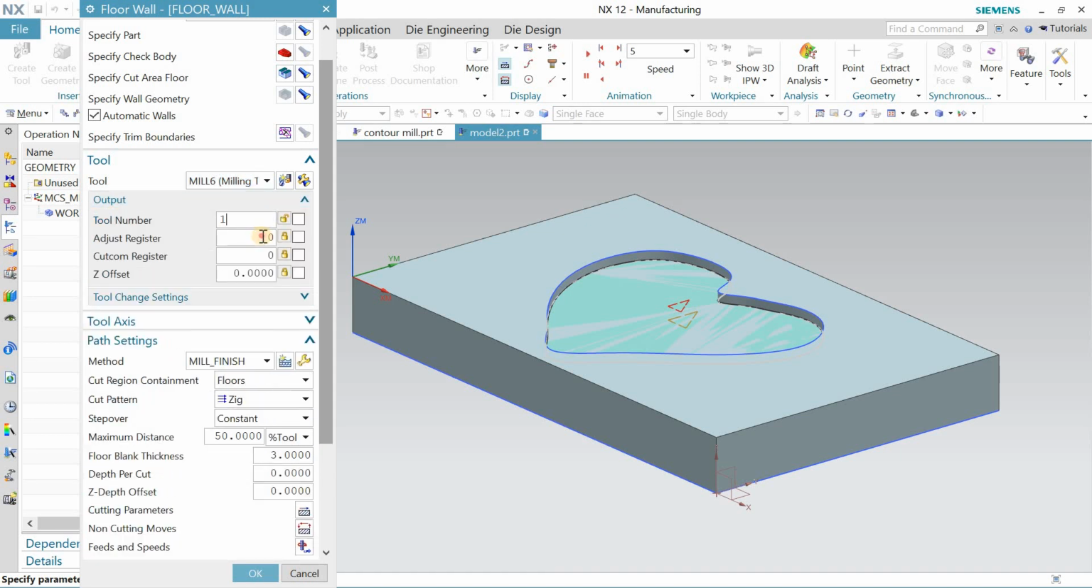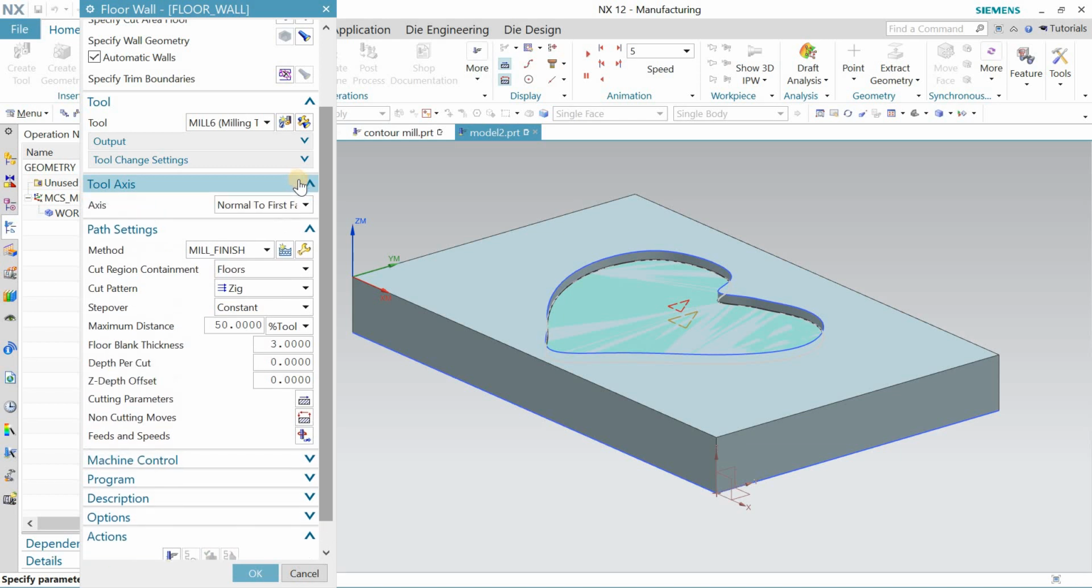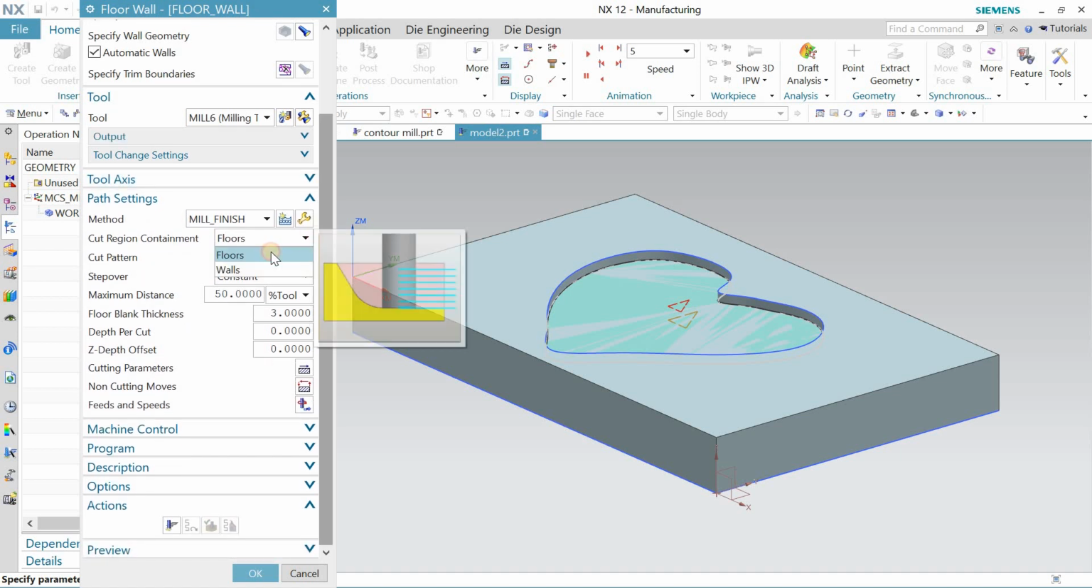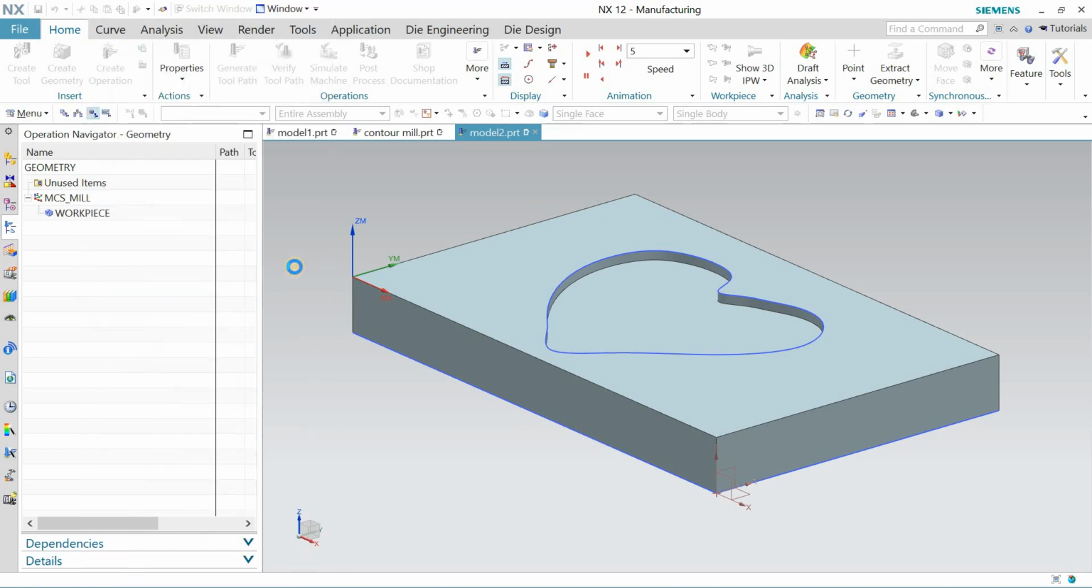This is tool number 1. Okay, make sure you put the tool number right, and tool axis normal to first face. If you select this one as well, it will work probably. And follow path, Mill Finish, as I'm getting the 0 stock,